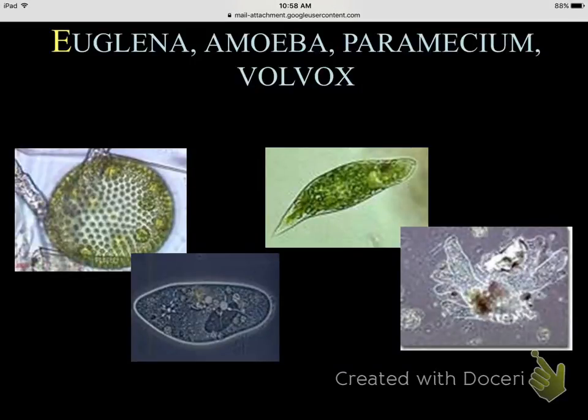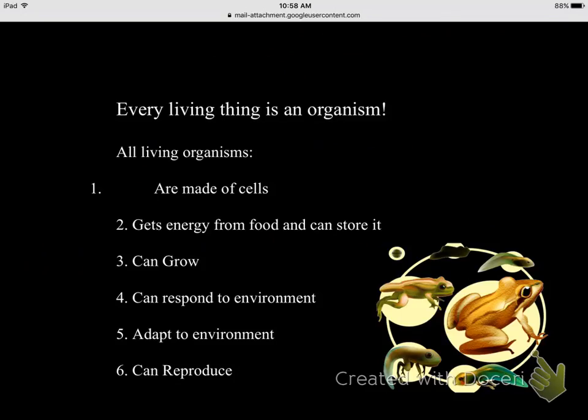Alright guys, this set of video notes covers the 4 main protists that you have to learn about. Those protists are the euglena, amoeba, paramecium, and the volvox. So before we talk about what a protist is and how the different protists move and reproduce, we